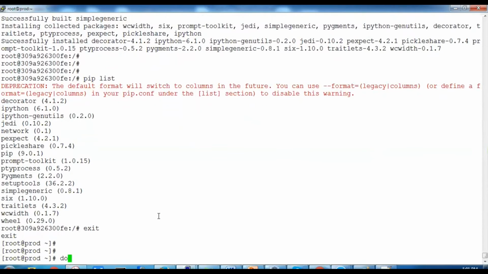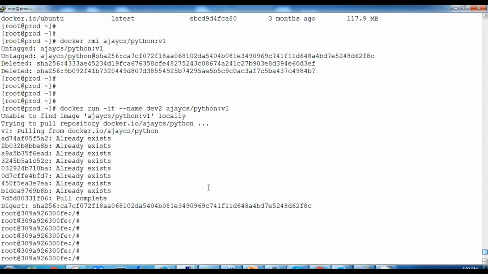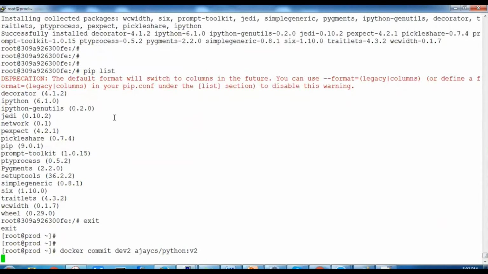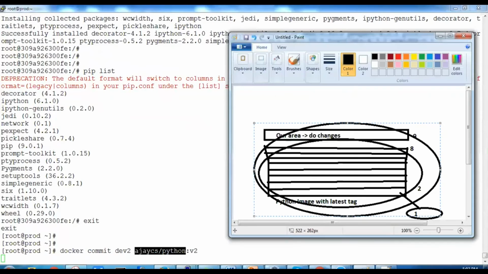So we'll go and create an image of it. We'll say docker commit. Now what we have to commit is the dev container, and where we have to commit, in which image. We have to commit in this image, but we'll say version 2. All right. So now v2 is going to create another image. The image name will be the same again, but it will create another version.